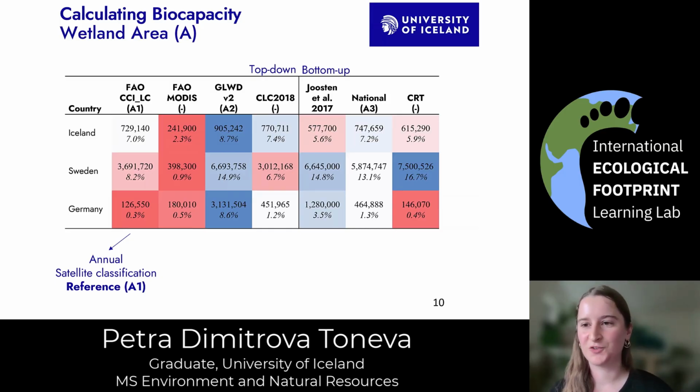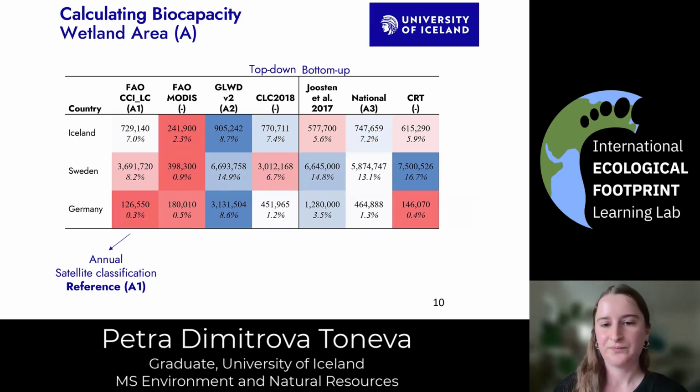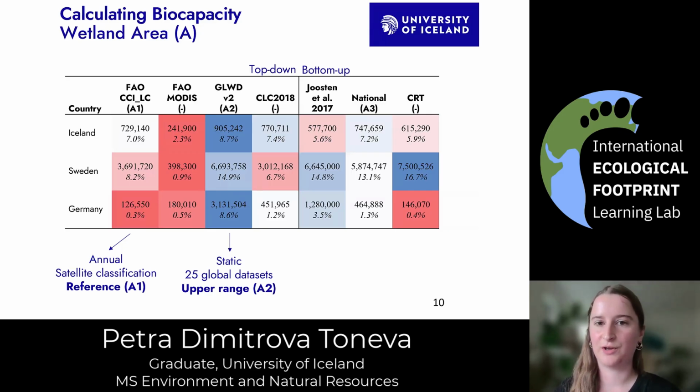And the FAO is the source for a lot of the data that biocapacity is calculated from. And it's also very beneficial that it's an annual data set, so there's a yearly update of wetland area. And this is a satellite-based classification. And then I also used, as a second scenario, the Global Lakes and Wetlands database, the second version, which is